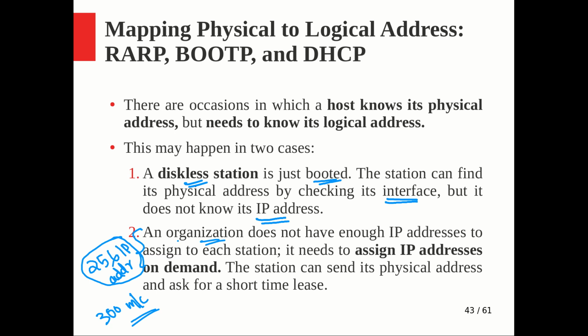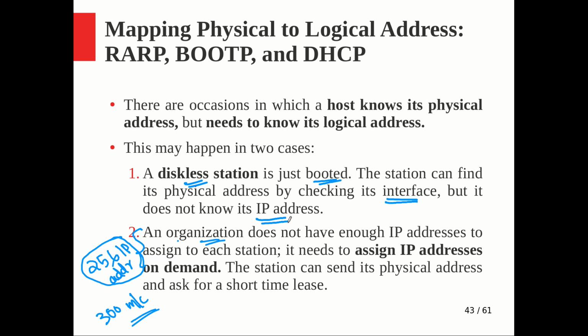They may have some 1000 IP addresses and be handling some 2000 customers. With the assumption that all 2000 customers are not going to use the internet at a particular moment, whoever is active, they will provide the IP. After some time someone stops using, and that IP will be taken back and given to someone else. So like that they will manage. But in the worst case, in peak time like evening when most people are using the internet, they may struggle. Of course these things are solved as of now, but this was a situation sometime back.